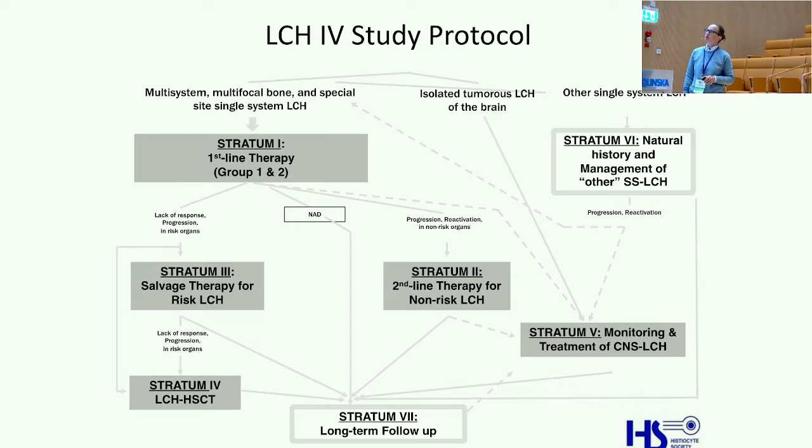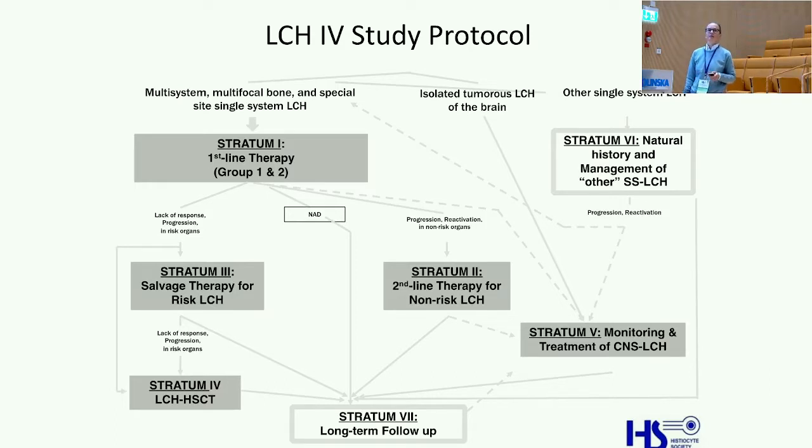Here you can see the study protocol. Usually you start with stratum 1 for these patients who need treatment, but there's also one stratum where you just have the patients who don't need any treatment. This is stratum 6. And then depending on how they respond to chemotherapy, and I'm not going into detail here, you try to make some clinically adapted treatment. And there has been lots of discussion this morning, of course, about these two strata, because stratum